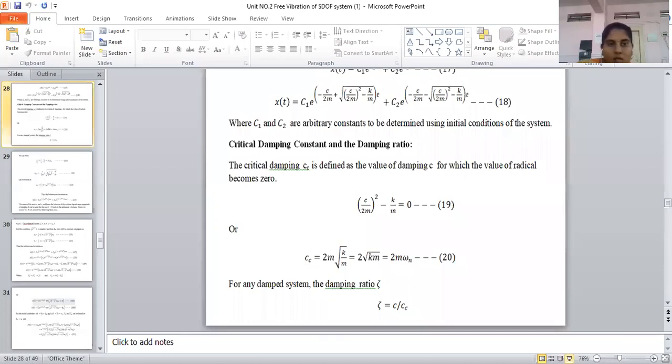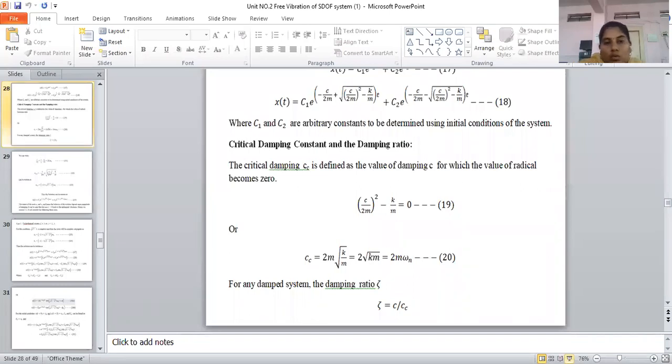Okay, in the last lecture we have seen that the x value will become x1 plus x2, because the x value will be in terms of two parts. One is c1 into e raised to s1t, and the x2 value will be in terms of c2 into e raised to s2t. So we can take the addition of these two: x of t is equal to x1(t) plus x2(t). So that will be c1 e raised to s1t plus c2 into e raised to s2t. Okay, so that will be the addition, and that will become equation number 18.